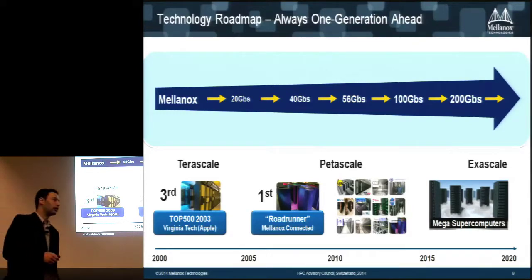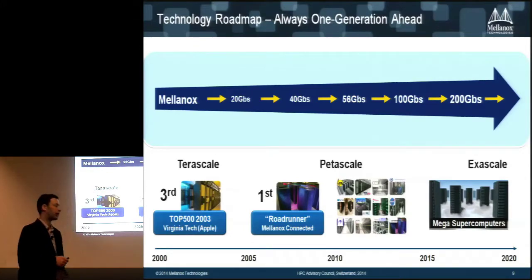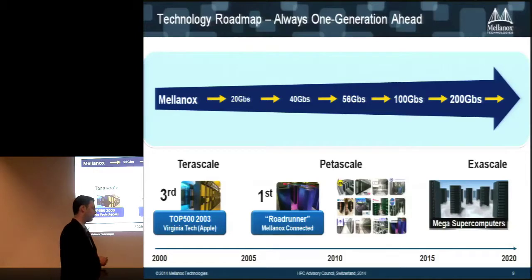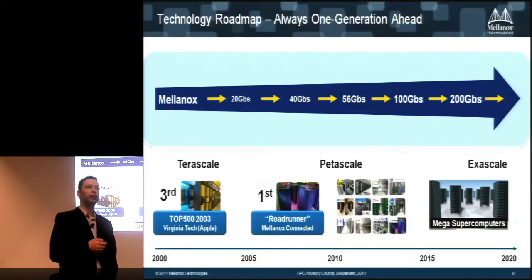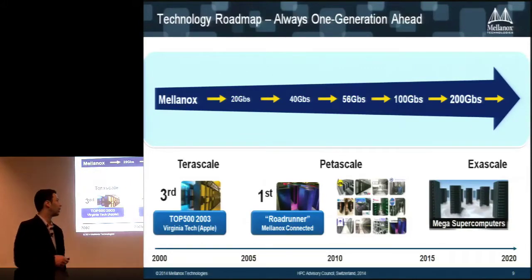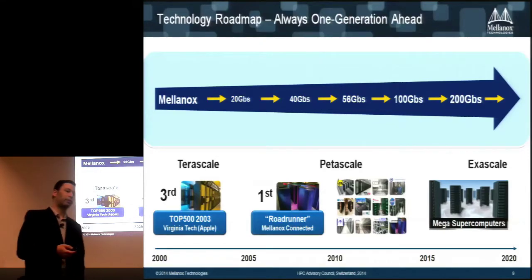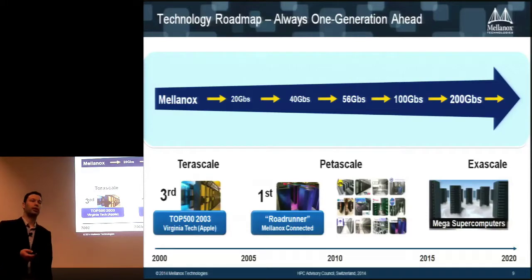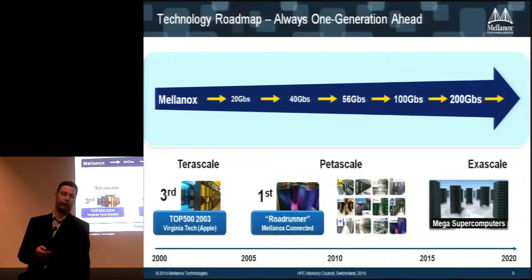So today we're at 56 gig, so that's the dominant speed, and over 2014 and 2015, we're going to see the entrance of EDR speed, and a few years after is the 200 gig. As I mentioned, these are going to be very challenging, but they're going to be speeds that are essential to keep up with the computation needs and scaling.